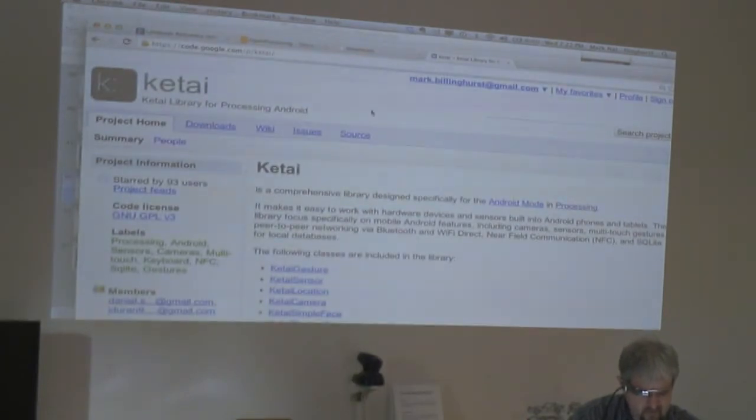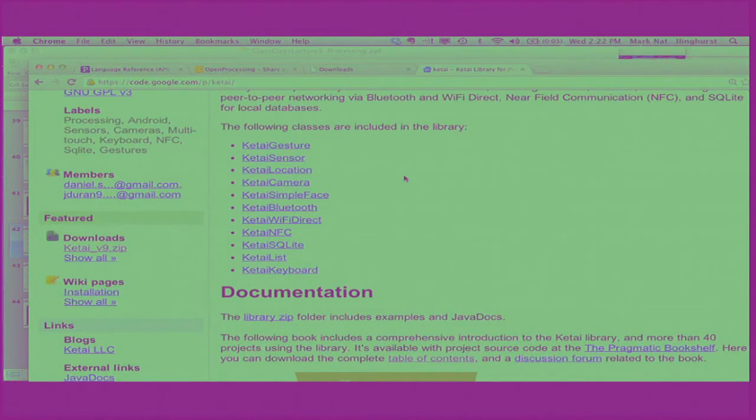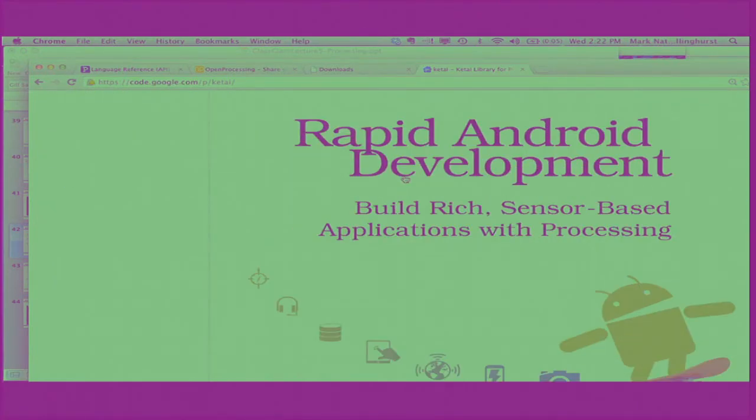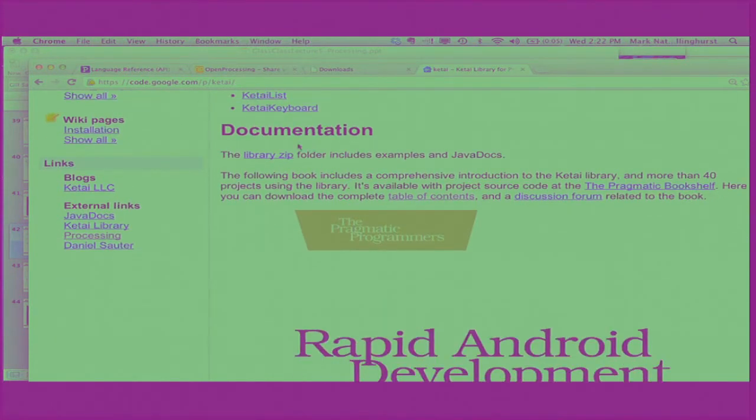Okay, so here's the Ketai library here. So here's the types of things that it will capture. It captures gesture input, it captures location input from GPS, it captures the camera. The Ketai Simple Face, I think, is a simple face recognition software. Bluetooth, Wi-Fi, NFC, keyboard input. And there's a book that describes it very well, and here's the book. If you go online, you can download the library from the book, and this has a wide variety of